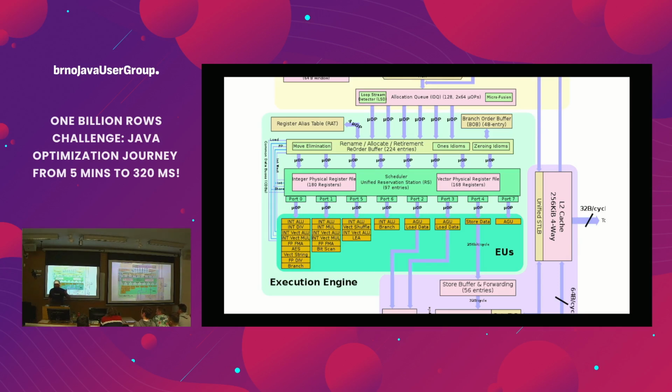It will speculate that the branch will always be taken, and all these execution units will be happy and busy, and performance will be good. And if I have a lot of unpredictable branches, then this will suffer, right? Because if a branch is 50-50, in half of the cases it's taken and in half of the cases it's not taken, then the CPU has a hard time, because it makes a guess and it's wrong in half of the cases, right? And if it speculates badly, then it needs to flush the pipeline, and it makes it slow.